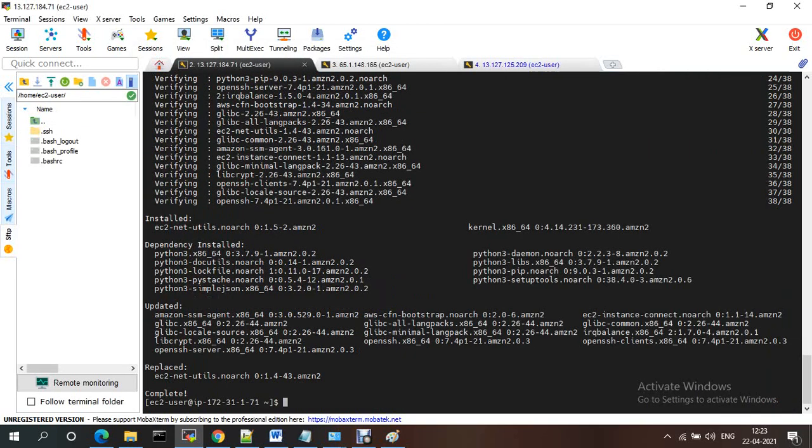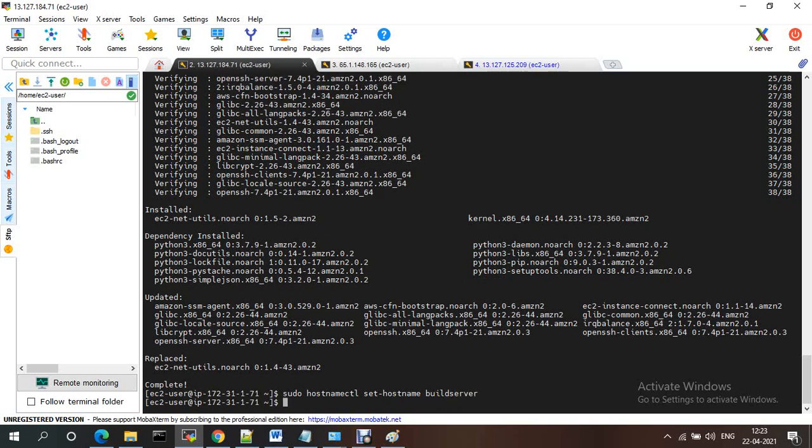If you want to change the hostname, you just need to use hostnamectl. Sudo hostnamectl set-hostname build server.